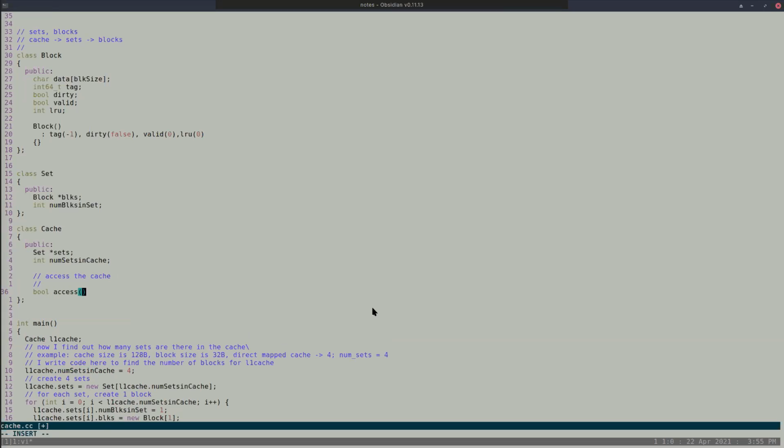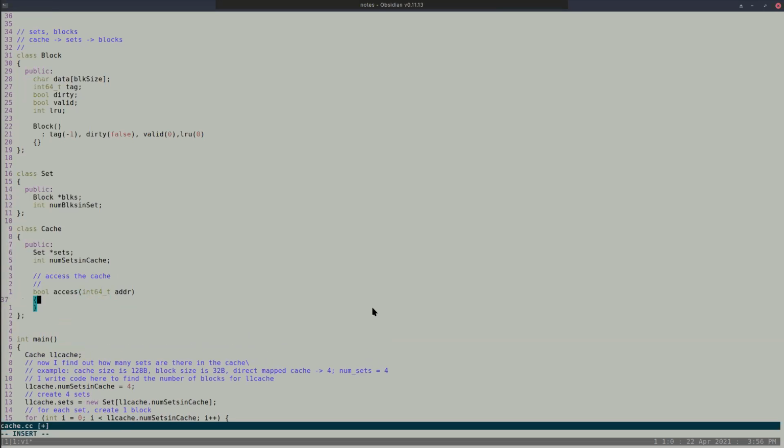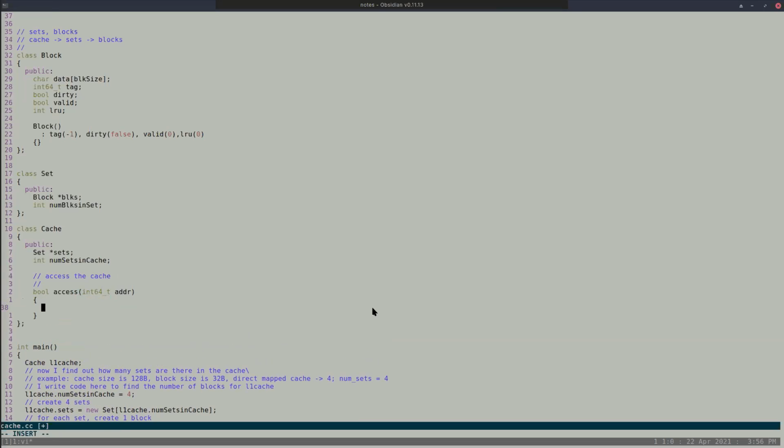So with what will I access? With the address. So I should get the address, and I am accessing with the address. Now think like a CPU. Now I have got the address, so that is the ADDR. What was I doing previously when I got an address? Check the index bits. Yes, I first find what is the set, right?